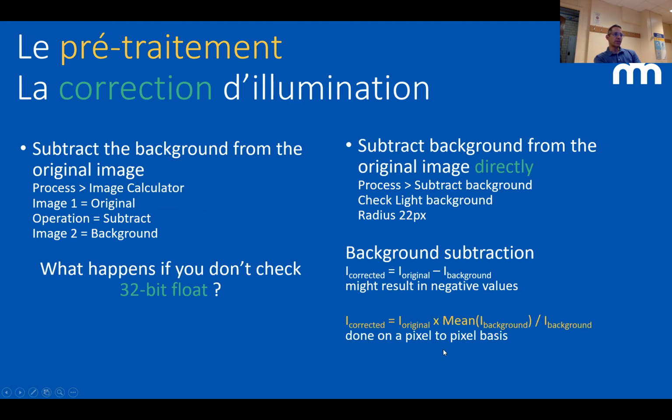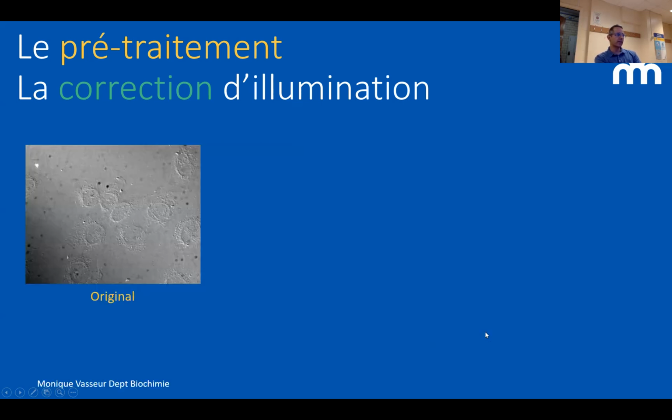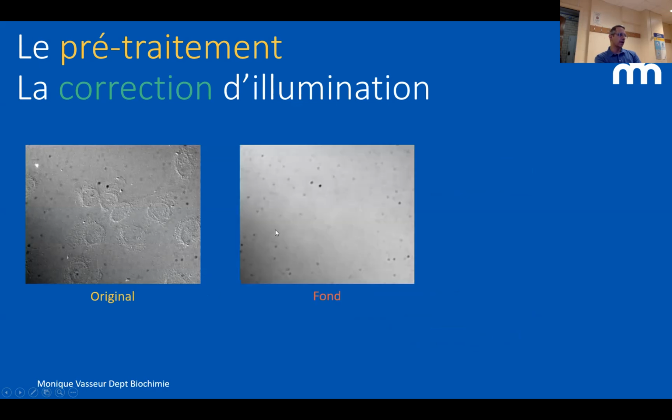But if you do it on a pixel to pixel basis and you multiply it by the mean of the background, then you don't have that. So there is kind of a weighting here, a mathematical adjustment that we do to avoid having negative values. Another example where illumination correction is useful is when you have dust on your light path. So here you have an image, it's about DIC, and you see that you have cells, but